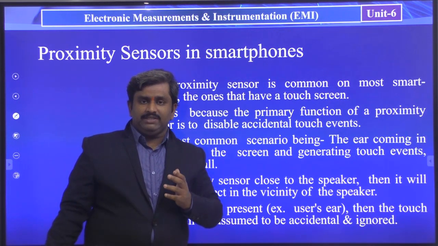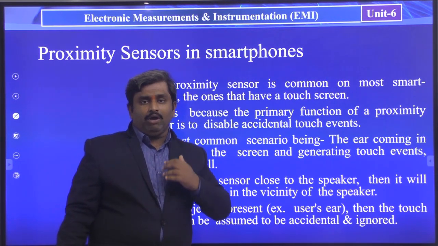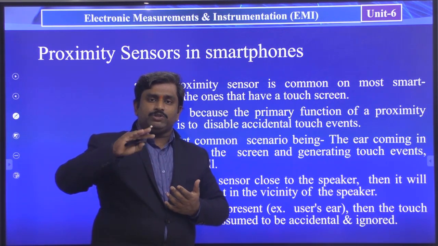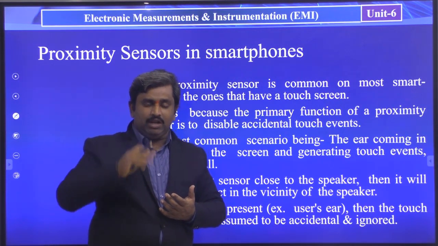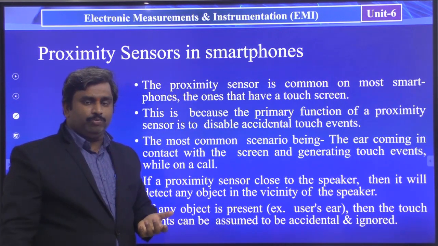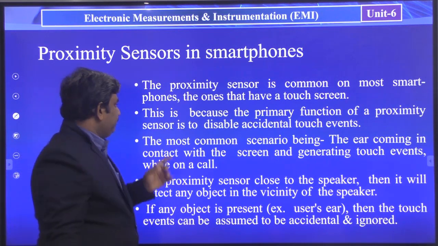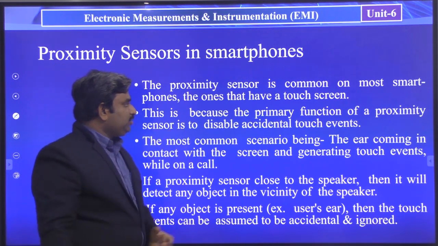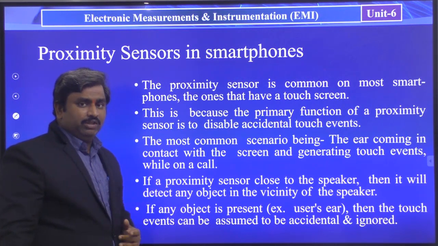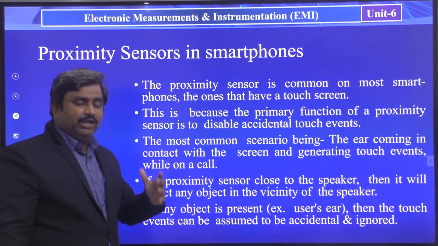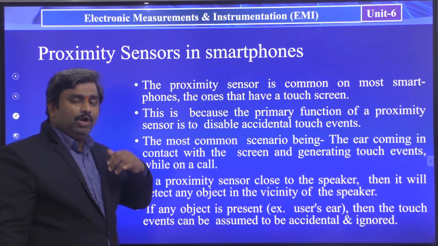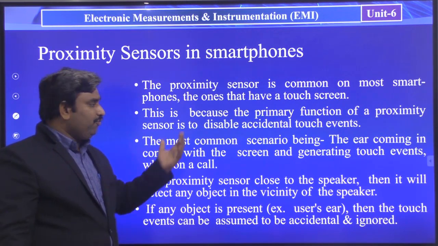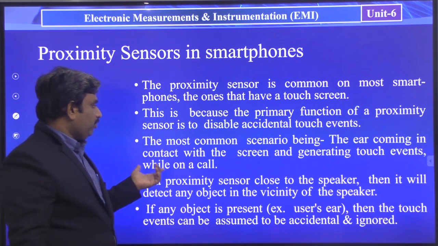So when the call is received, if there is any obstacle in front of the proximity sensor, the phone automatically switches off its display. This is because the primary function of the proximity sensor is to disable accidental touch events. The accidental touch events we have to remove or reduce. For that reason, we are using this proximity sensor.